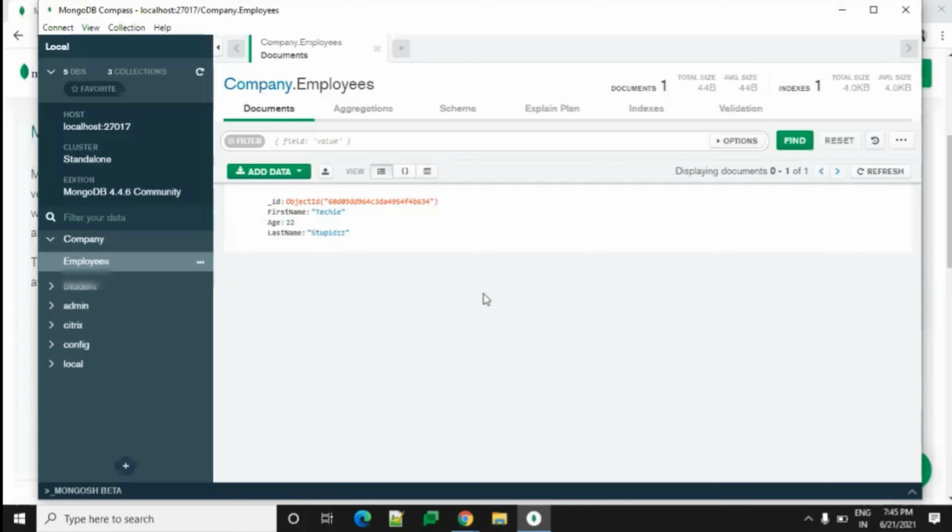Now we'll see some basic commands of MongoDB in the command prompt.